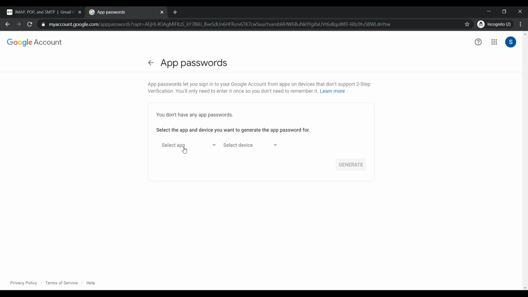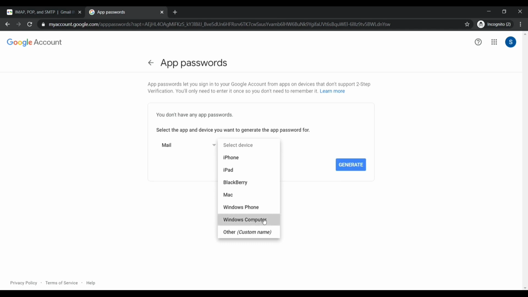Select app means we are getting the mail, so click on mail and select the device as Windows computer. If you are trying from a Windows computer, then click on Windows computer and generate.